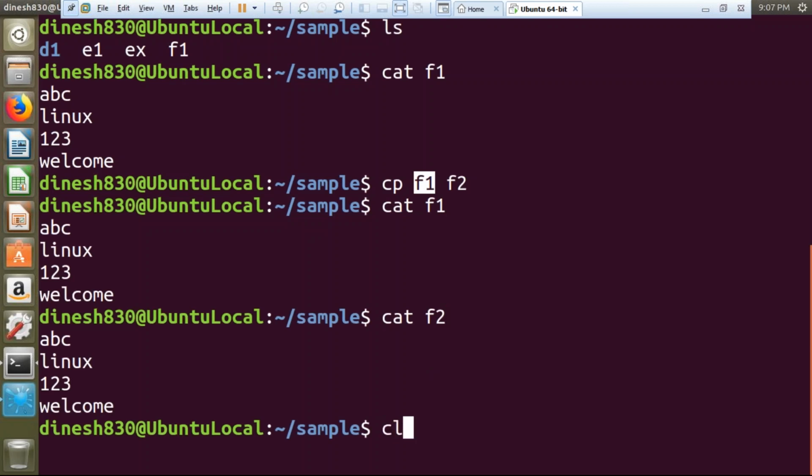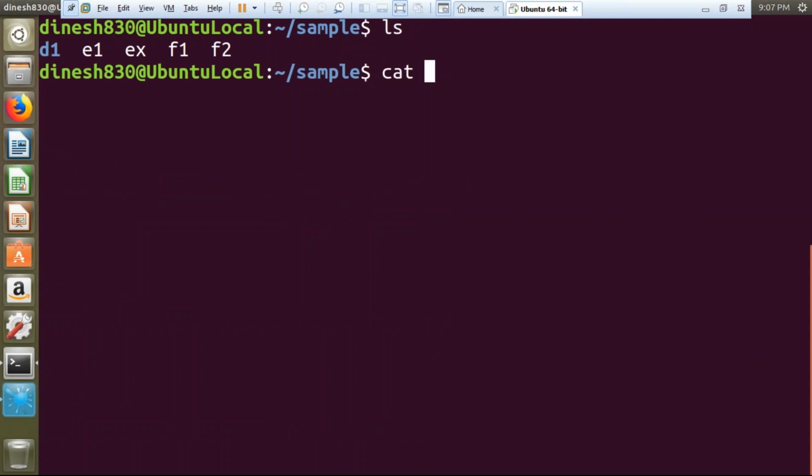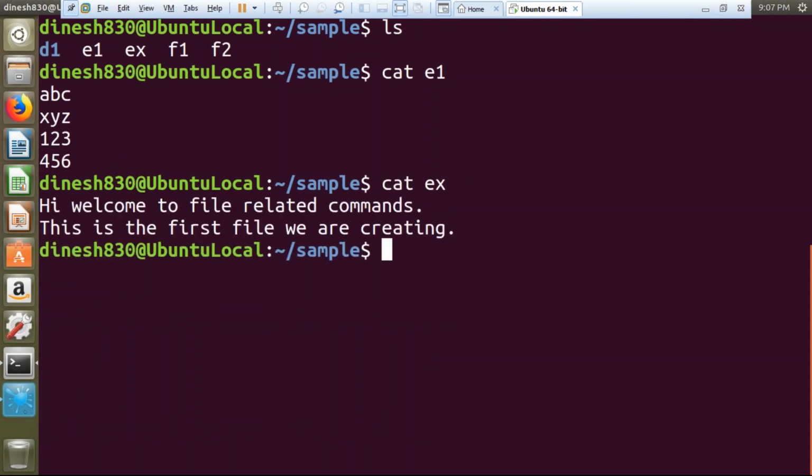Next one. ls, cat e1, some 4 lines, and cat ex, 2 lines, different data. If I copy e1 into ex, here the source file is an old file, and the target file is also an old file. If you copy, what will happen? Target file data